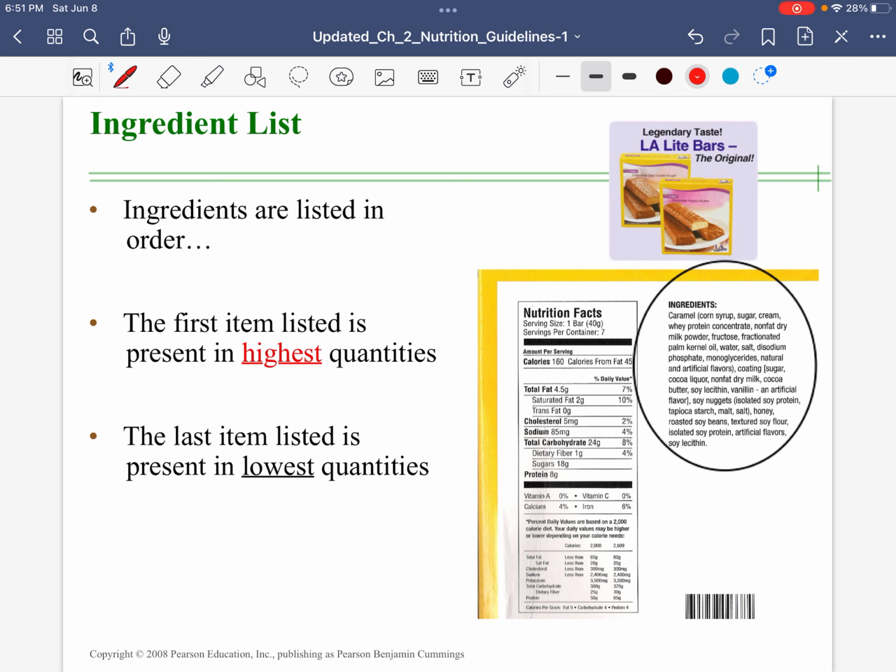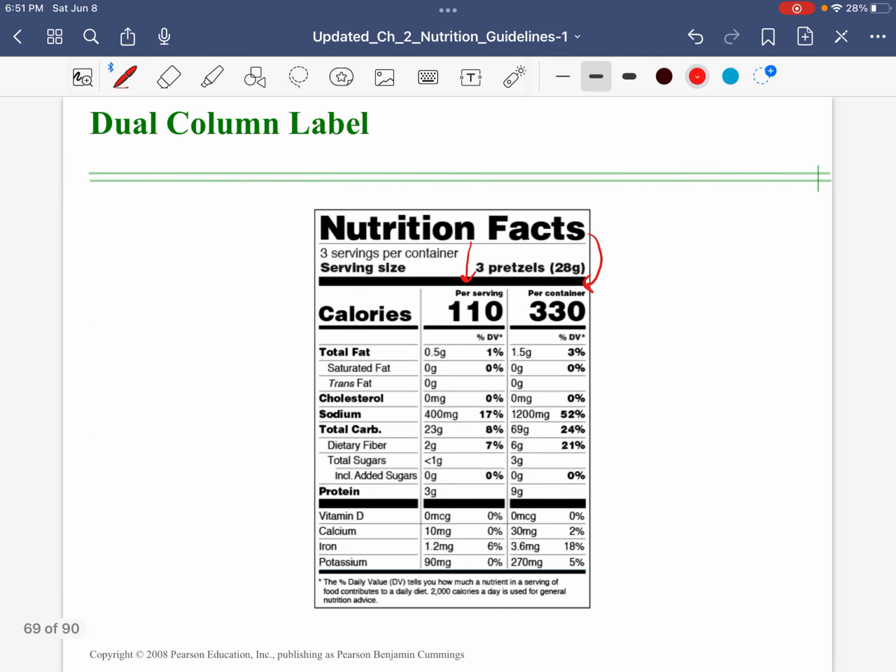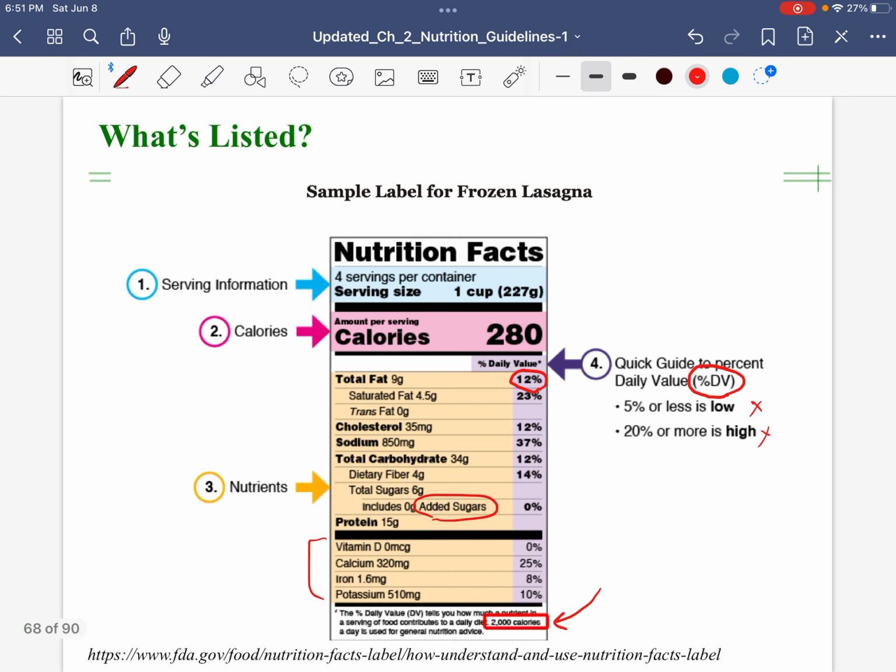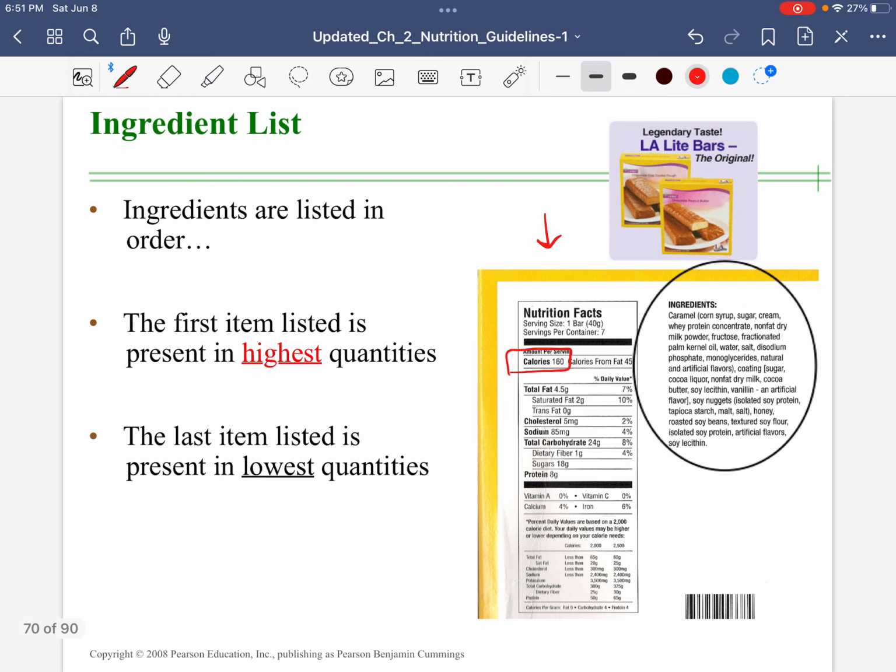Now, in addition to the standardized nutrition label, and by the way, this nutrition label here is an older one. So if you toggle between them, this looks a little bit different. In particular, the newer label has the calories in larger font. Look at the calories here in very large font. This is an older one, but it still gets my point across. In addition to the label,